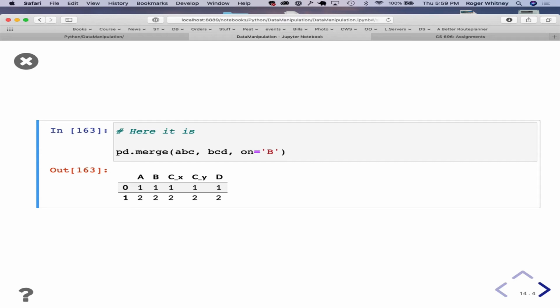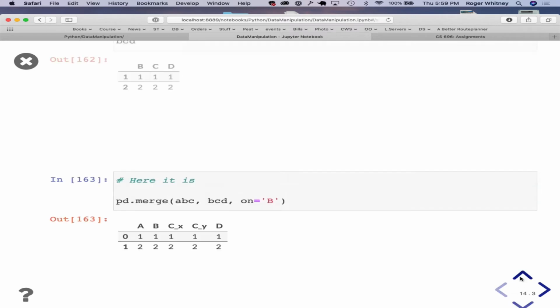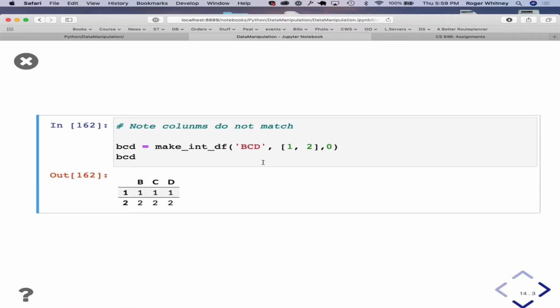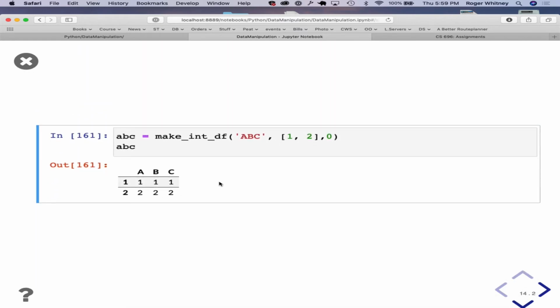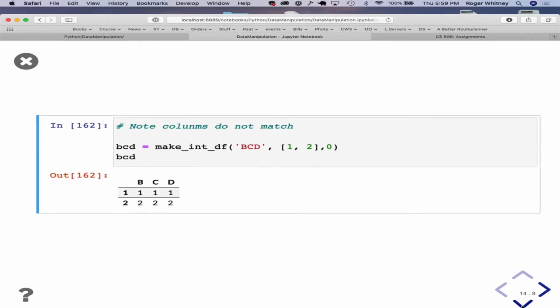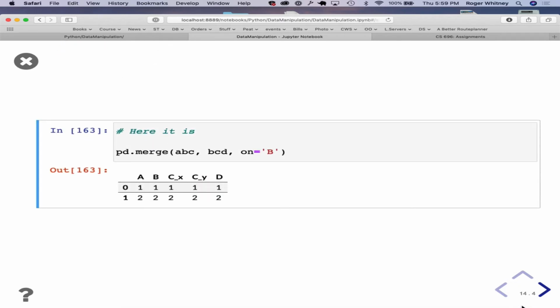One in each data frame. So there's a C there, and a C there, right? So you keep them both, but then you can't use the same label for them because otherwise you don't know which is which.